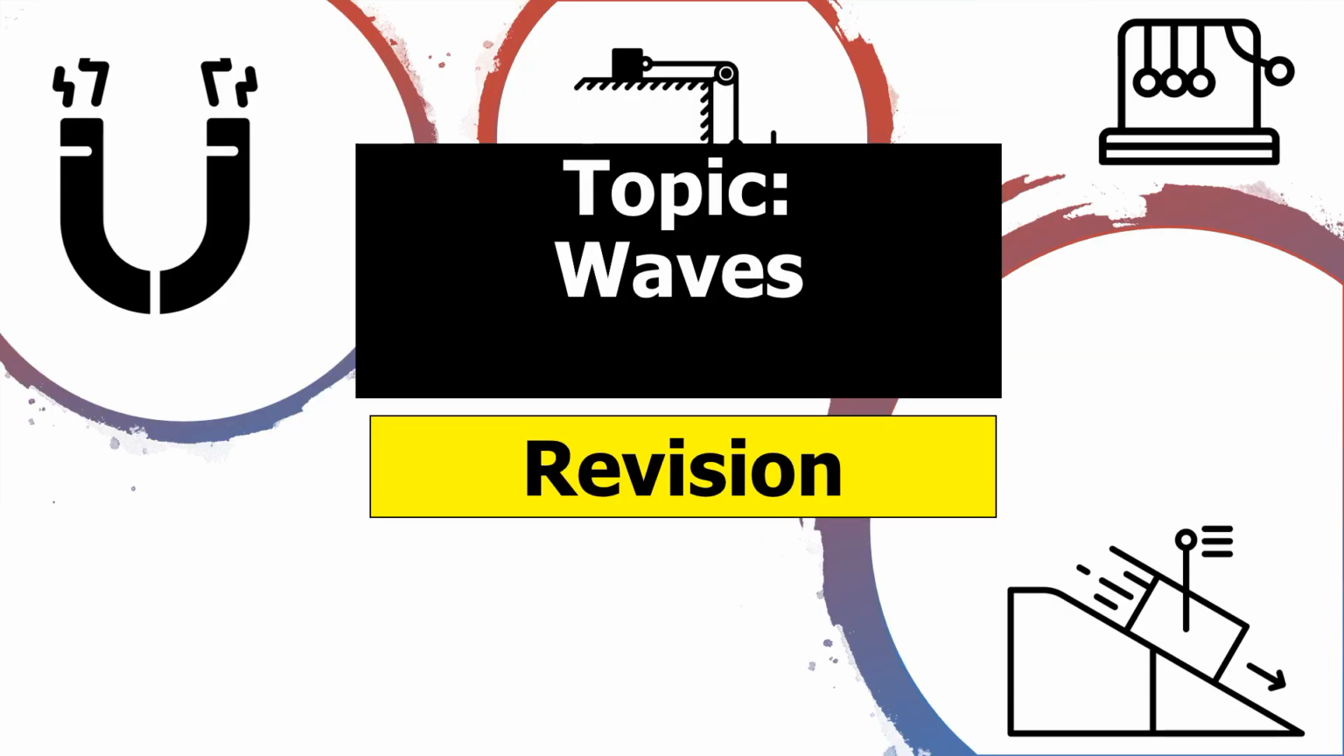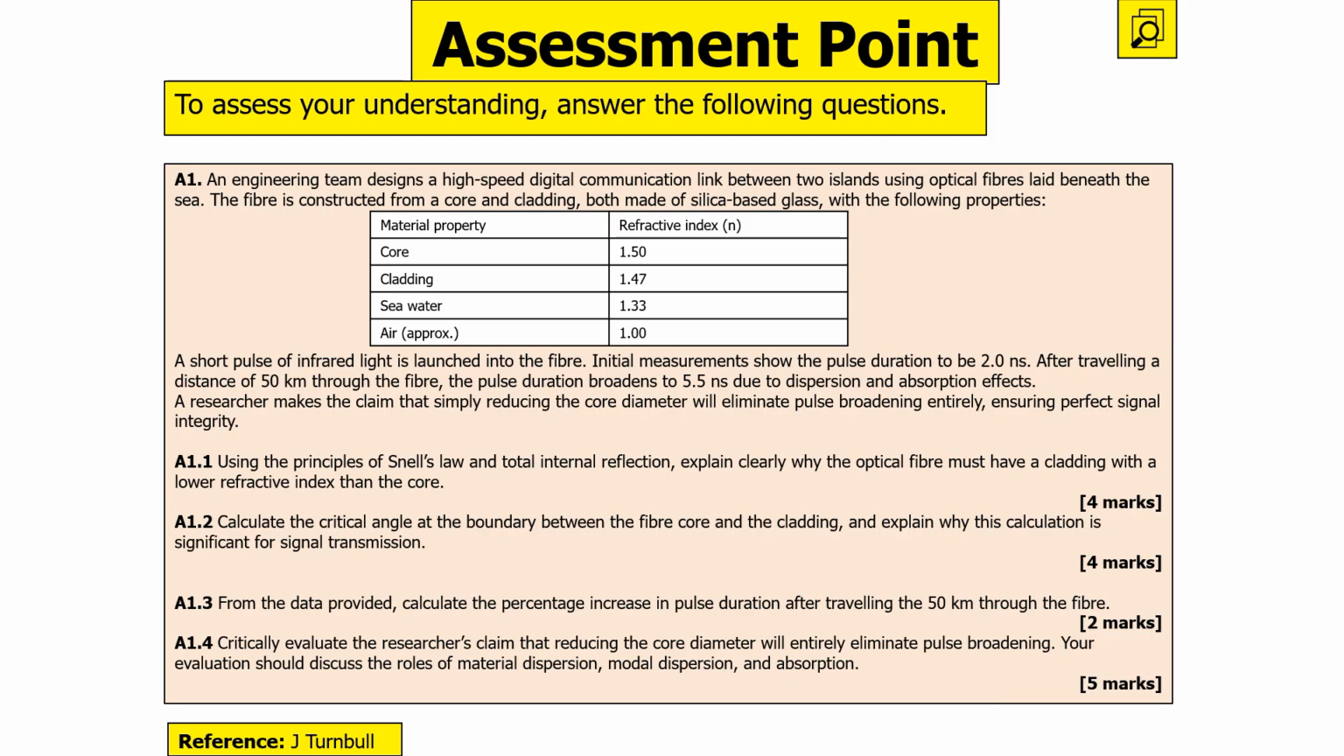Now let's have a look at some exam style questions to do with waves. An engineering team designs a high-speed digital communication link between two islands using optical fibre laid beneath the sea. The fibre is constructed from a core and cladding made of silica-based glass with the following properties. A short pulse of infrared light is launched into the fibre. Initial measurements show the pulse duration to be 2 nanoseconds. After travelling a distance of 50 kilometres through the fibre, the pulse duration broadens to 5.5 nanoseconds due to dispersion